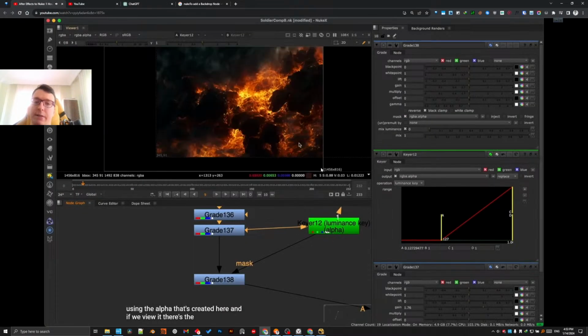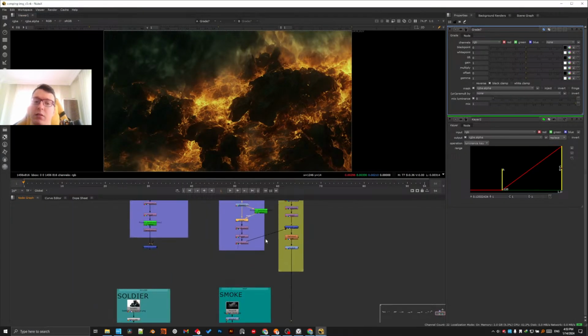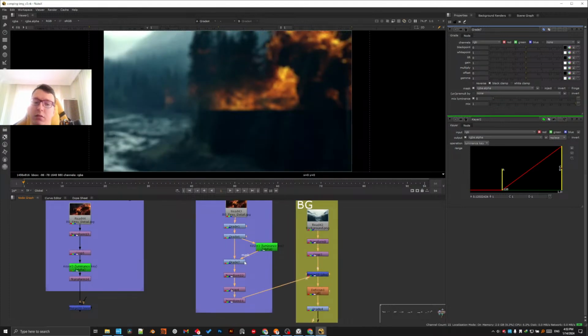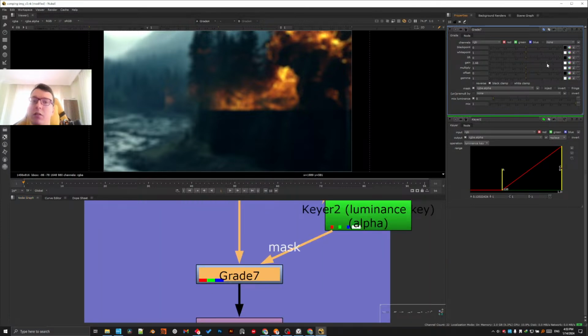And if we view it, there's the alpha. And now if we gain up, it'll only boost. Yani ben şimdi gelip mesela şuraya göster. Mesela geldim buraya grade'e. Grade 7. Gain'i yükselttiğimde mesela